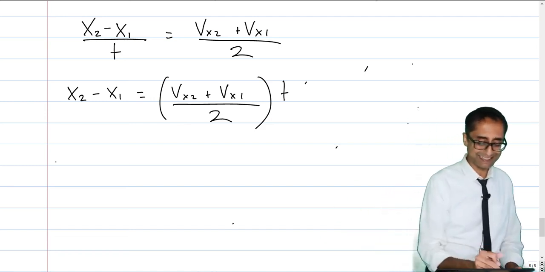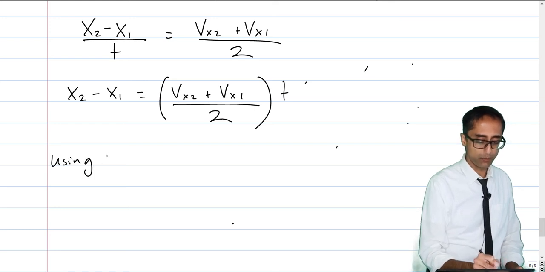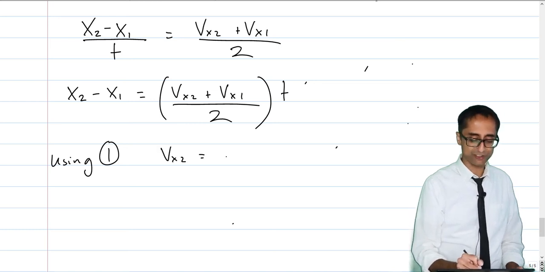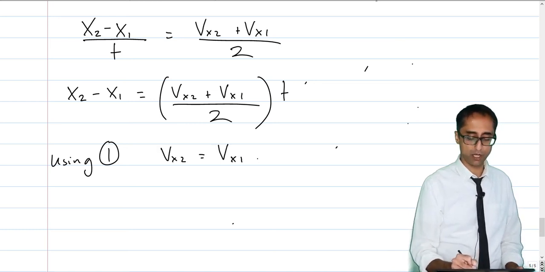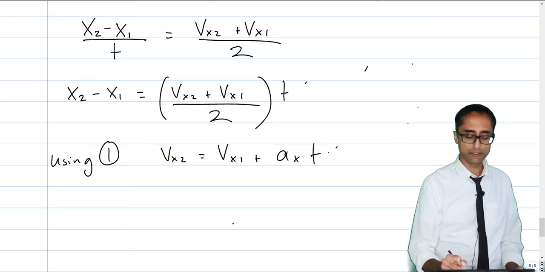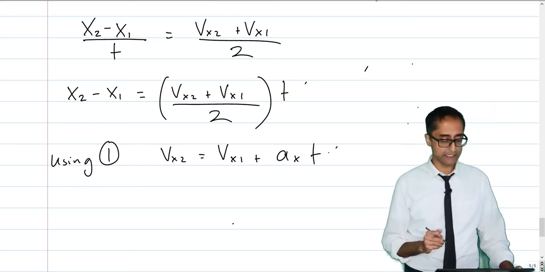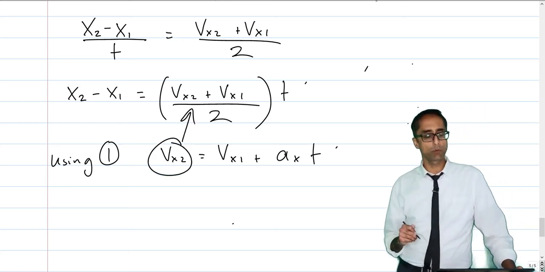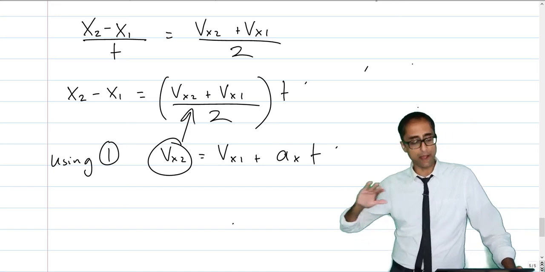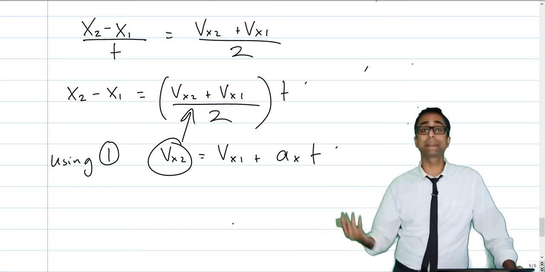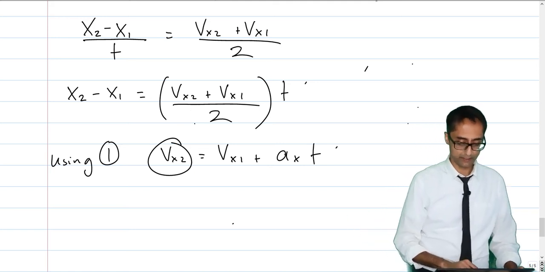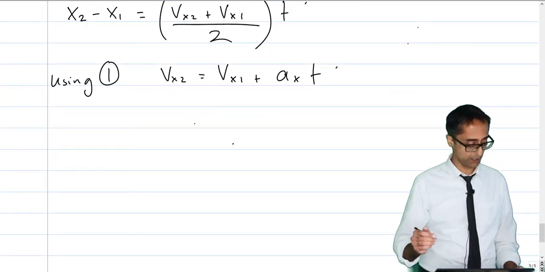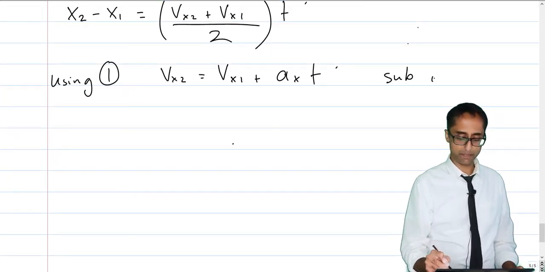And the way we're going to do that is to use our equation number 1. We've already derived the equation that the final velocity is equal to the initial velocity plus acceleration times time. And so what I'm going to do is take this equation, Vx2, and plug it into there. What that allows me to have is it takes out my Vx2 and gives me acceleration, which wasn't there originally. So that's something that's desirable in this case. So let's go ahead and do that. So using 1, sub in